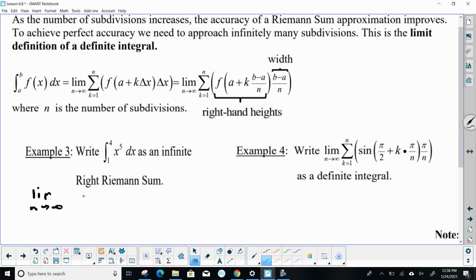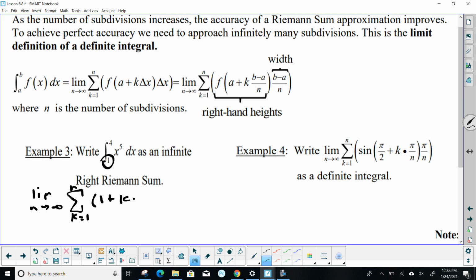of, we do our summation notation. And we're always going to go k equals 1 to n. Okay, and then we have f of. So if you look up here, f of x is our function. In this case, our function is x to the 5th. So in place of x, I'm going to plug in a. A is my lower limit, which was 1 right there. That's a. So 1 plus k times